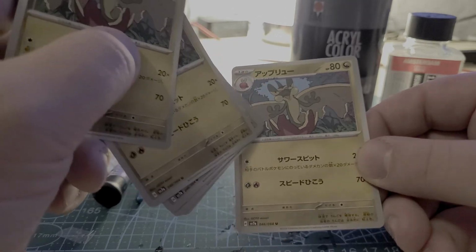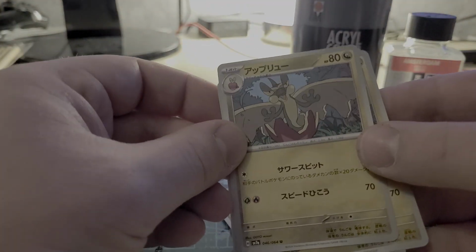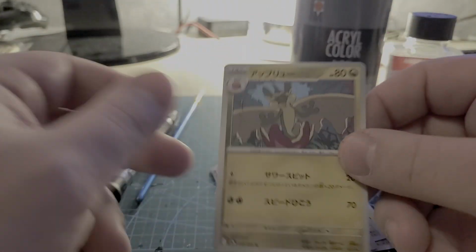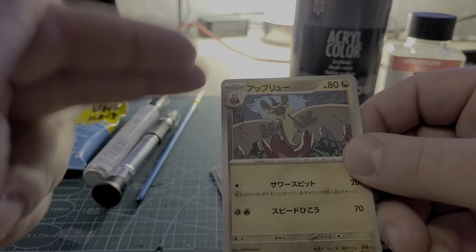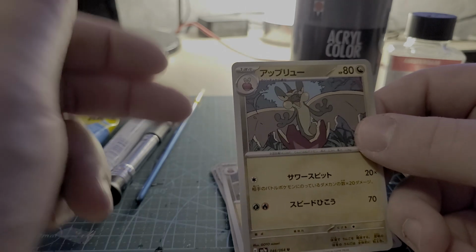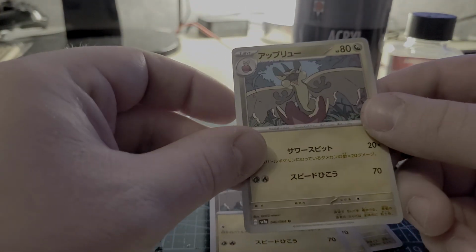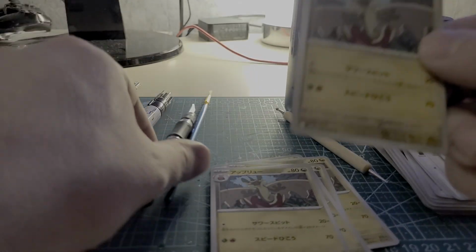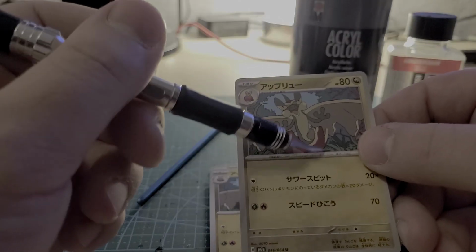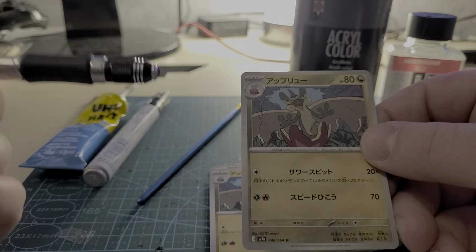So paint all of this black, and then you start cutting out all the different parts of the Pokemon. Basically, anybody who worked with Photoshop before knows that there are layers, and the farther up the layer is, the more in front of everything the layer becomes in the end result. It's basically the exact same in designing a card like this. What I would do when I cut out this Pokemon here, I would start with cutting out the entire thing for the lowest layer,